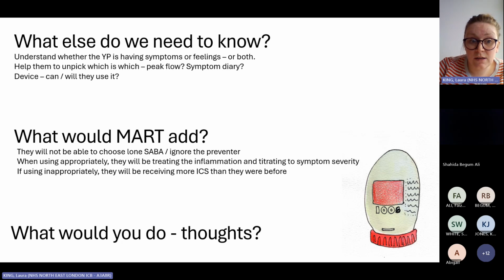They actually really liked the device. They didn't use the spacer. They didn't want to use the spacer, and it was a really good move for them. There was just a lot of careful consideration of making sure they actually understood the concept.